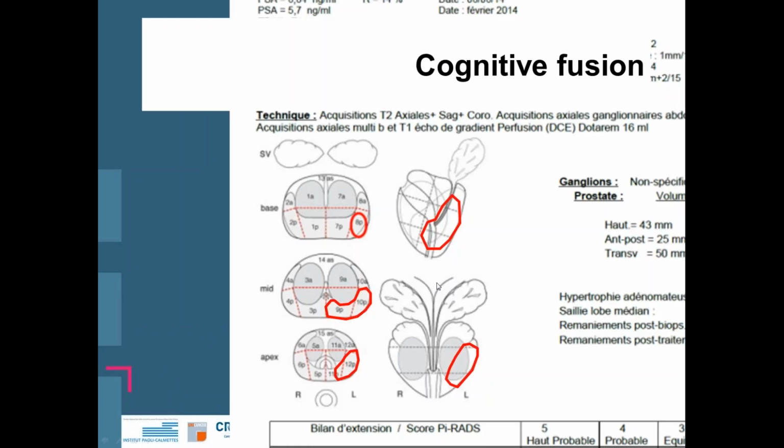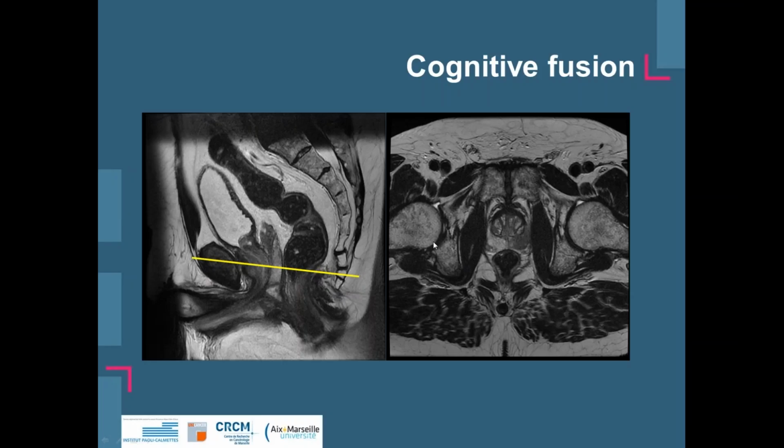And I just would like to show you a short outline how a cognitive fusion looks like. Again, this is a sketch you might receive from your radiologist. Of course, this is a big lesion that is not very difficult to get. You might even get it with a randomized biopsy, but it's just to show you how it could work and how you could work with it. So you identify the left-hand side where the lesion is, mainly at the mid part, and then ideally you have also a look at the pictures itself, eventually with your radiologist, and then you really try to localize where it is,